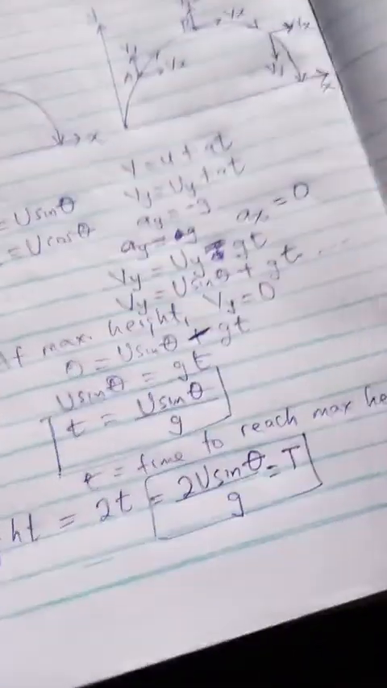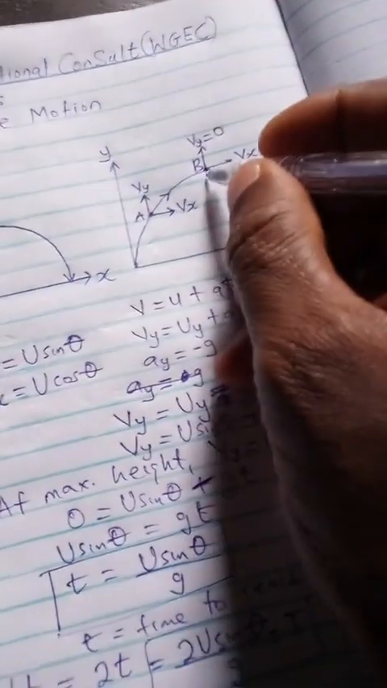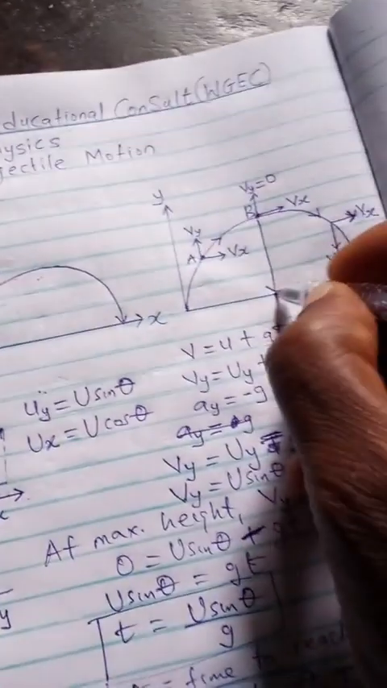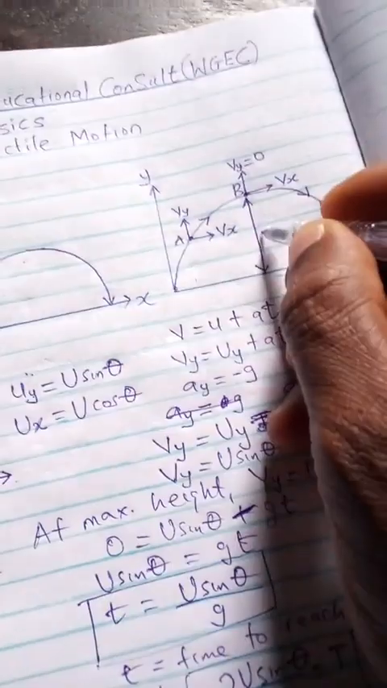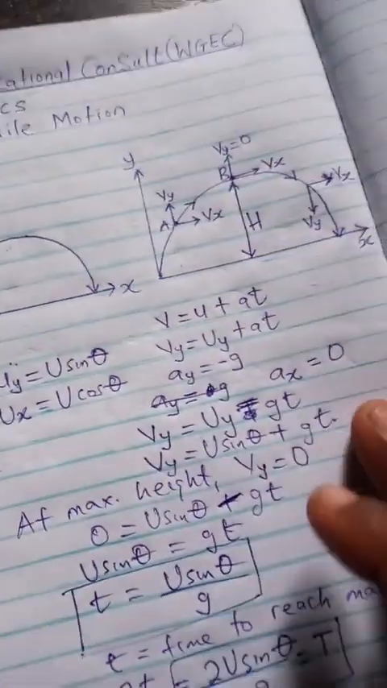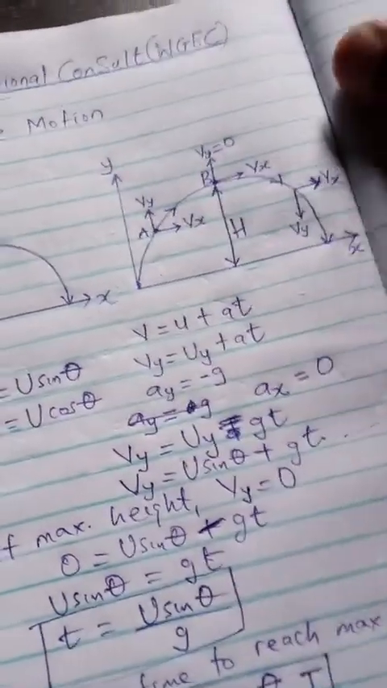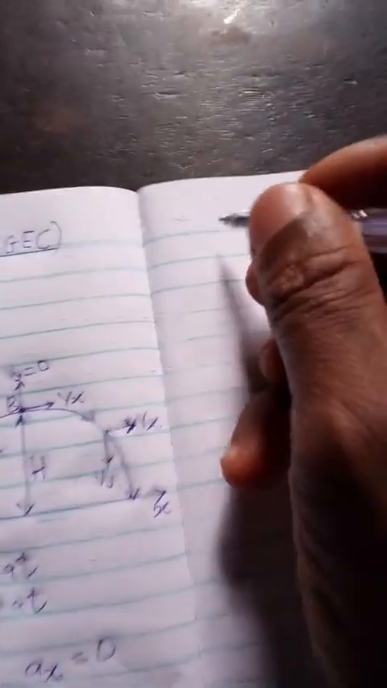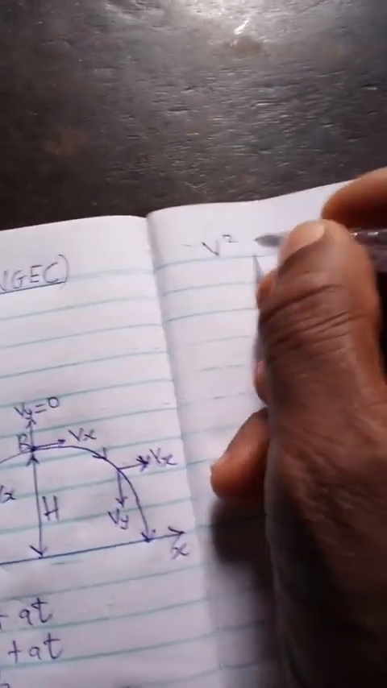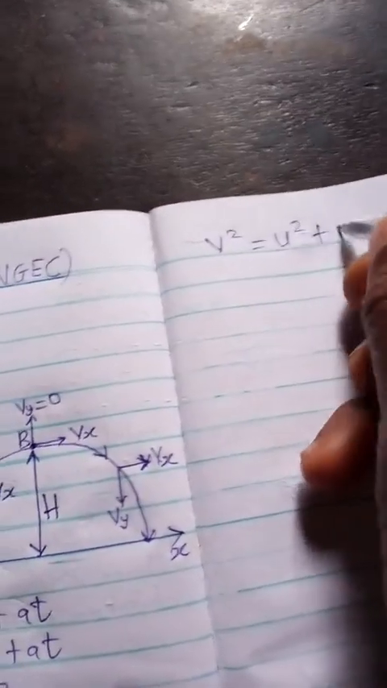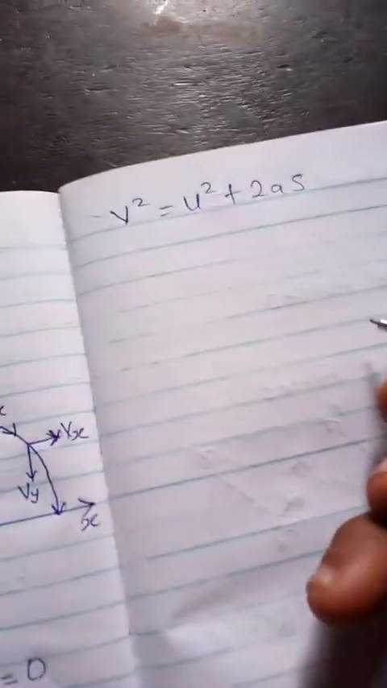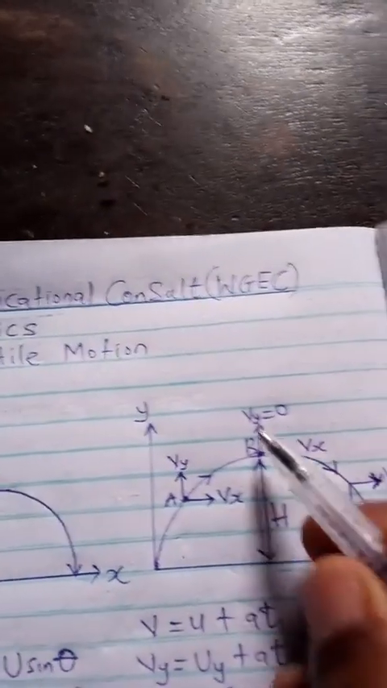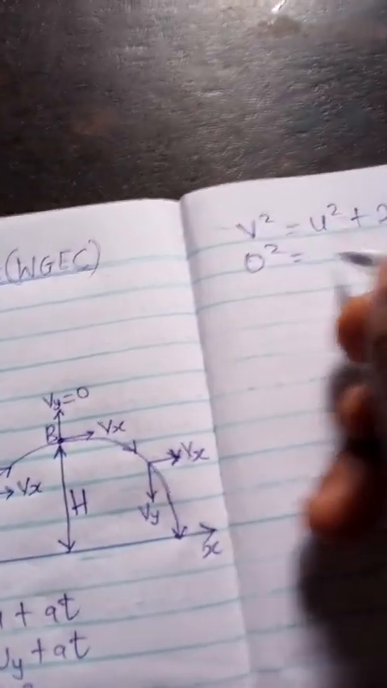So we can also write an expression for the maximum height reached. The vertical maximum height, let's call it h, which is the maximum height reached by the projectile. Now remember our equation of motion, which says that v square is equal to u square plus 2as. Now insert it in this vertical motion. At maximum height, our vy is equal to 0. Then we can say 0 square is equal to